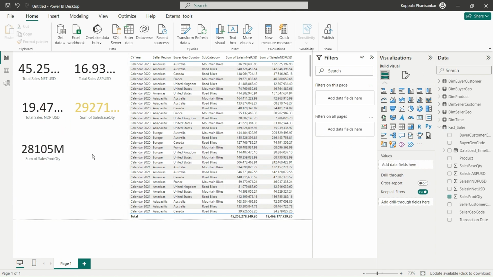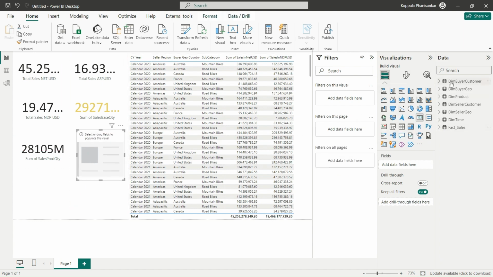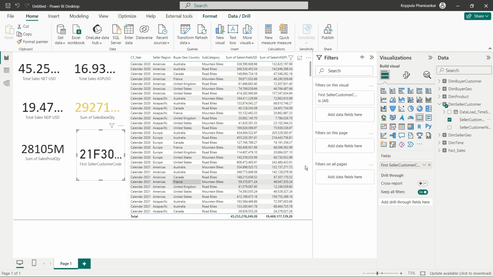You can do a lot of things with this Power BI, like formatting and everything. But for now, maybe I'll quickly complete this card. So here I'll display my count of customers, my count of seller customer. This is the customer code, yeah. Right. So first it is taken as the first, but instead of that, I want to take the distinct count. So we have a count of 14 customers,